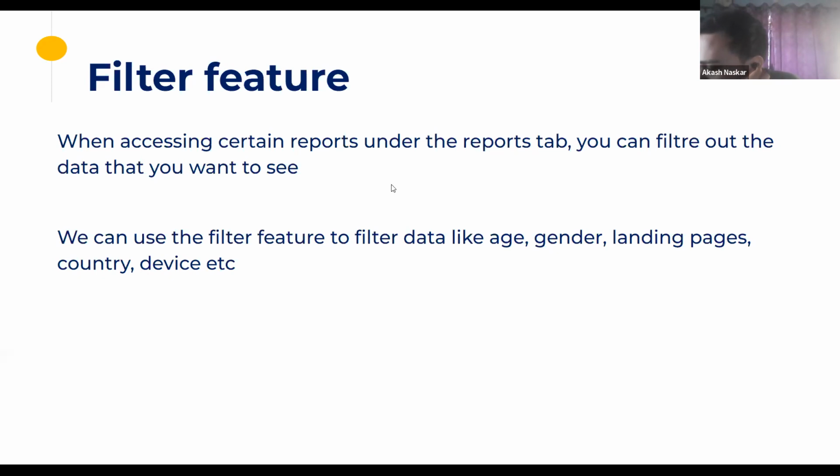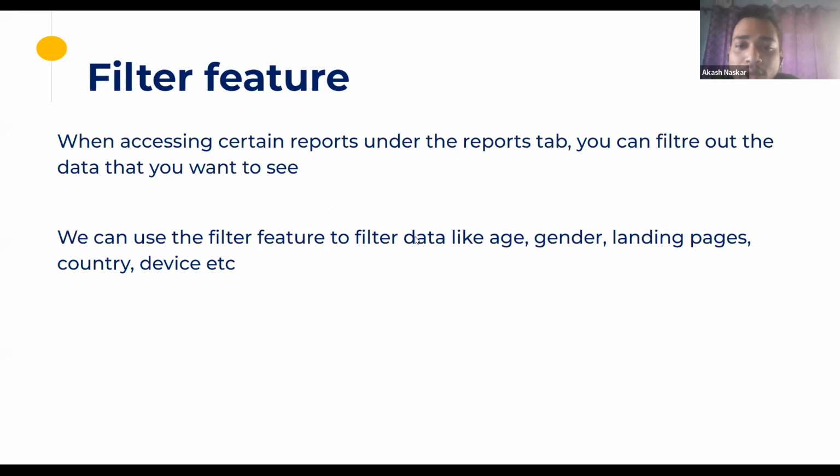Now let's move on to the next feature. The next feature is the filter feature. What is the filter feature? Just like the name suggests, it is a feature that lets you filter specific sources of data from different data sources. So just like an Excel filter, you can filter out different numbers, by colors, or by different conditions. Similarly, here also you can use the filter function to filter out certain points of data.